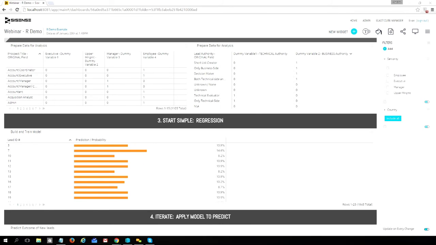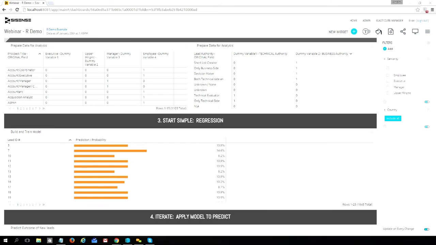The indicator variables have been pre-prepared for us. They've already been made in SciSense, the 1s and 0s. And as I said before, even though there are 4 levels of the predictor variable seniority, we only use 3 of the indicator variables in the regression. This is due to the laws of linear algebra, and we want to avoid multicollinearity. We're not going to get into multicollinearity now, but it's a bad thing when you're doing regression. So only using 3 of the 4 indicator variables allows us to avoid that. The way you interpret it is you have one baseline, and the values of the coefficients for all the other indicator variables are their effect relative to that baseline.